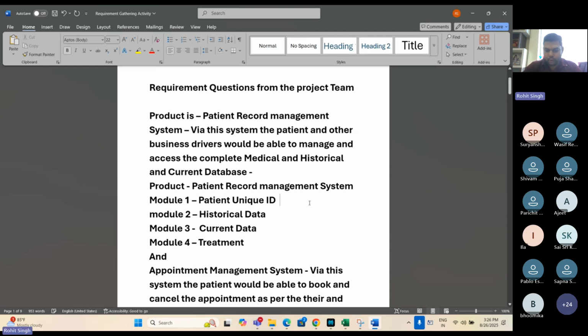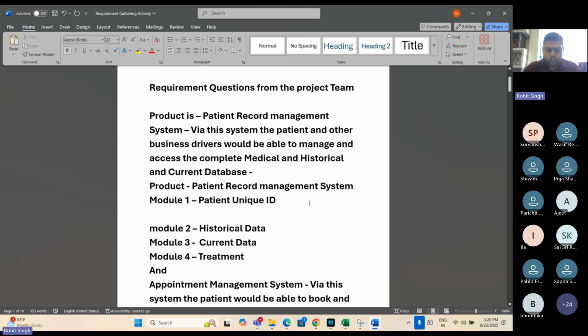Okay. Now in this same Module 1, if I further do the work breakdown structure, sub module number 1 would be unique ID number.